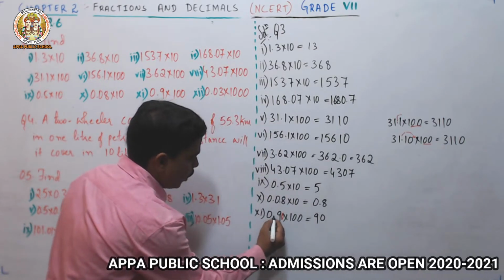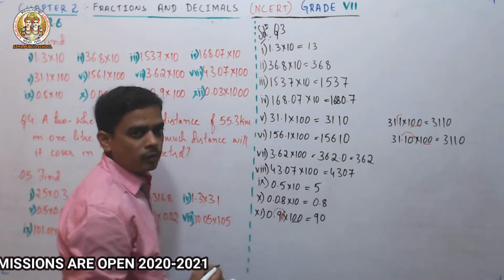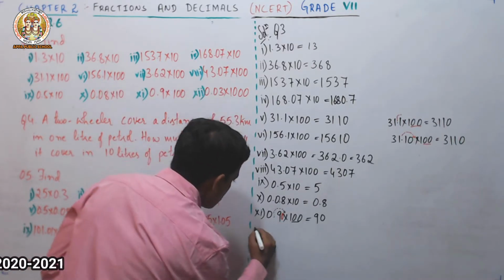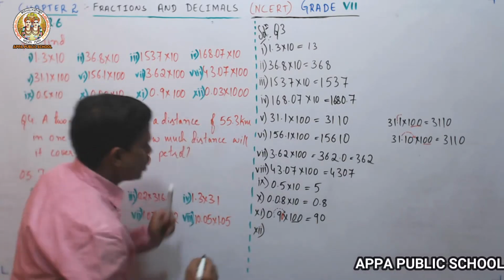Why? Because this decimal point I am shifting towards my right by 2 positions, because of 2 zeros. Next one, 12. The last bit. See what is the question? The 12th one: 0.03